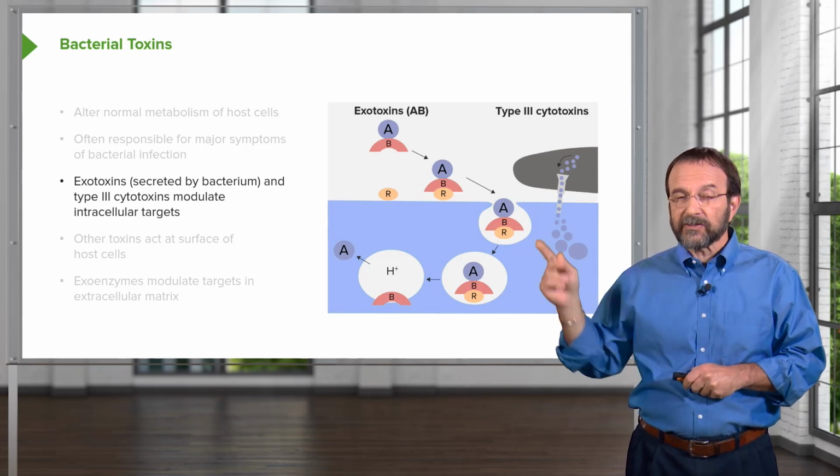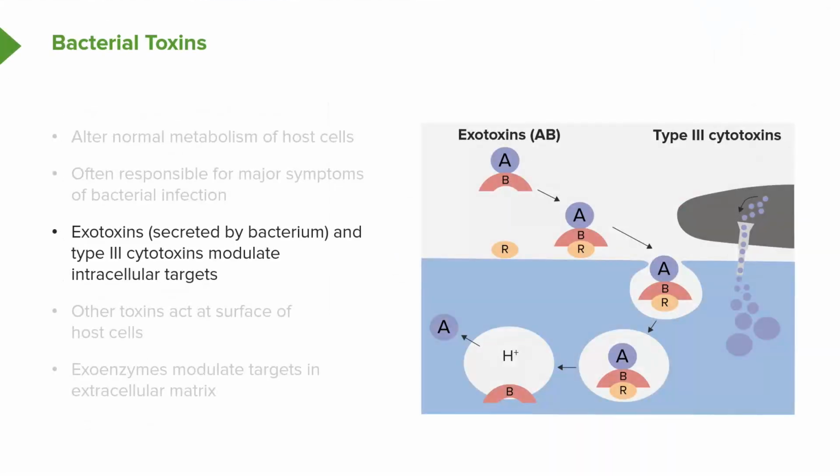These exotoxins shown in this picture have a typical A-B structure. They have separate subunits, consisting of an A component and a B component. Typically, the way they work is they're secreted by the bacterium and they bind a receptor, shown here as R, on the surface of the eukaryotic cell, on the surface of our cells. They are then taken up into the cell by the endocytic pathway, and typically the A component, which is the active component, is released from the receptor binding component and makes its way into the cytoplasm,